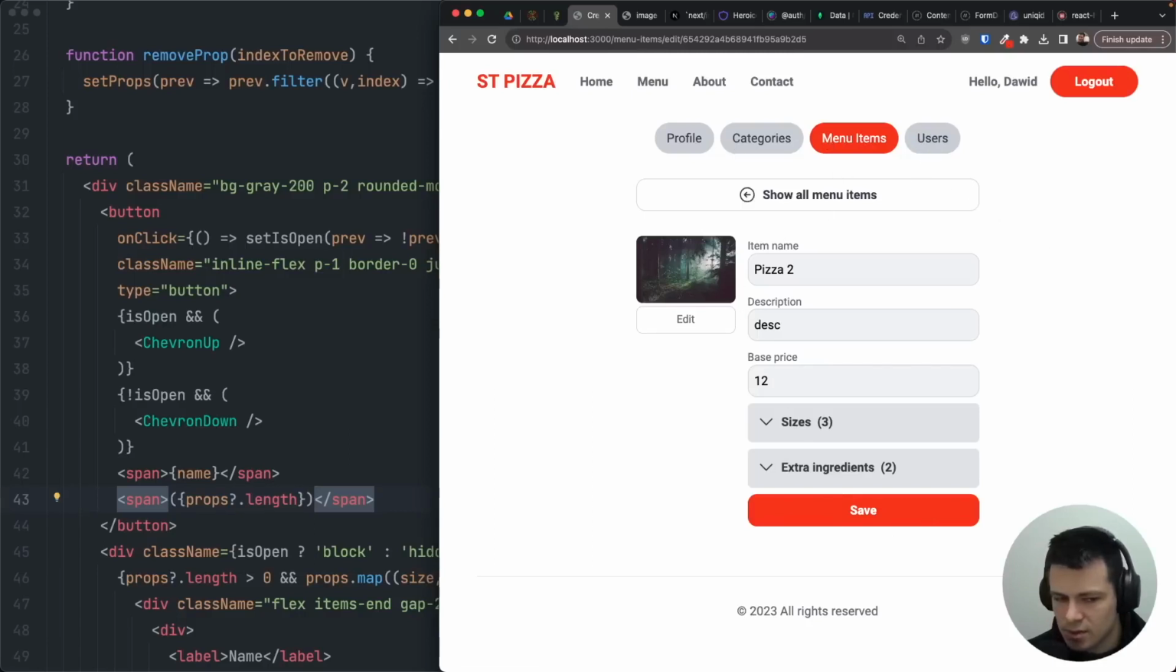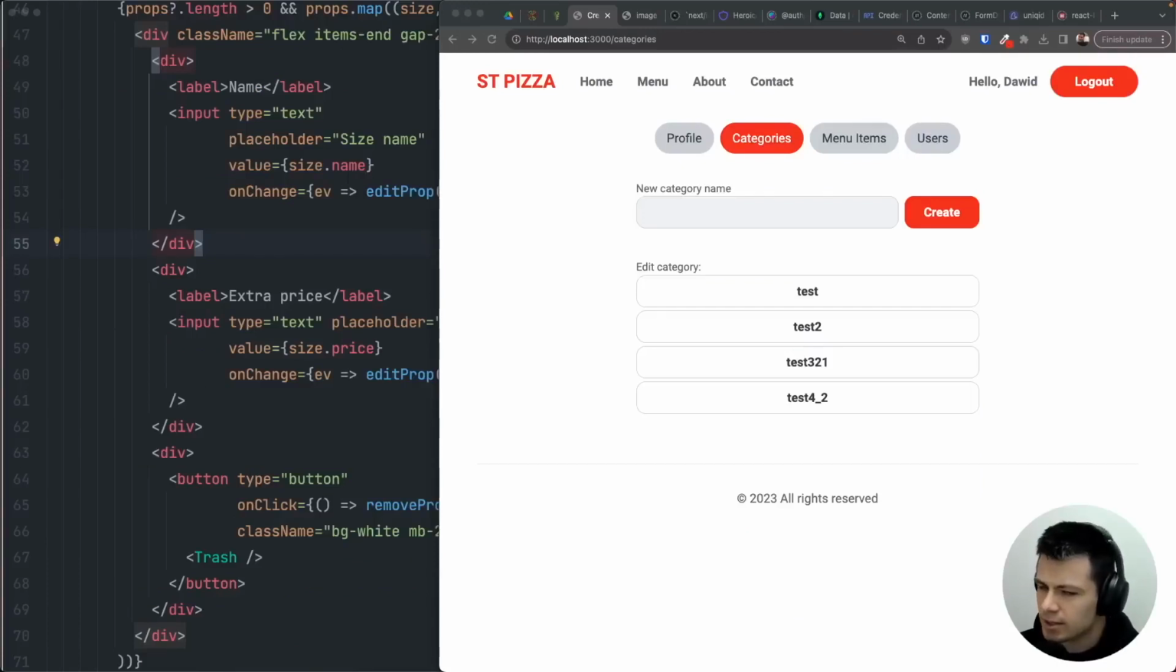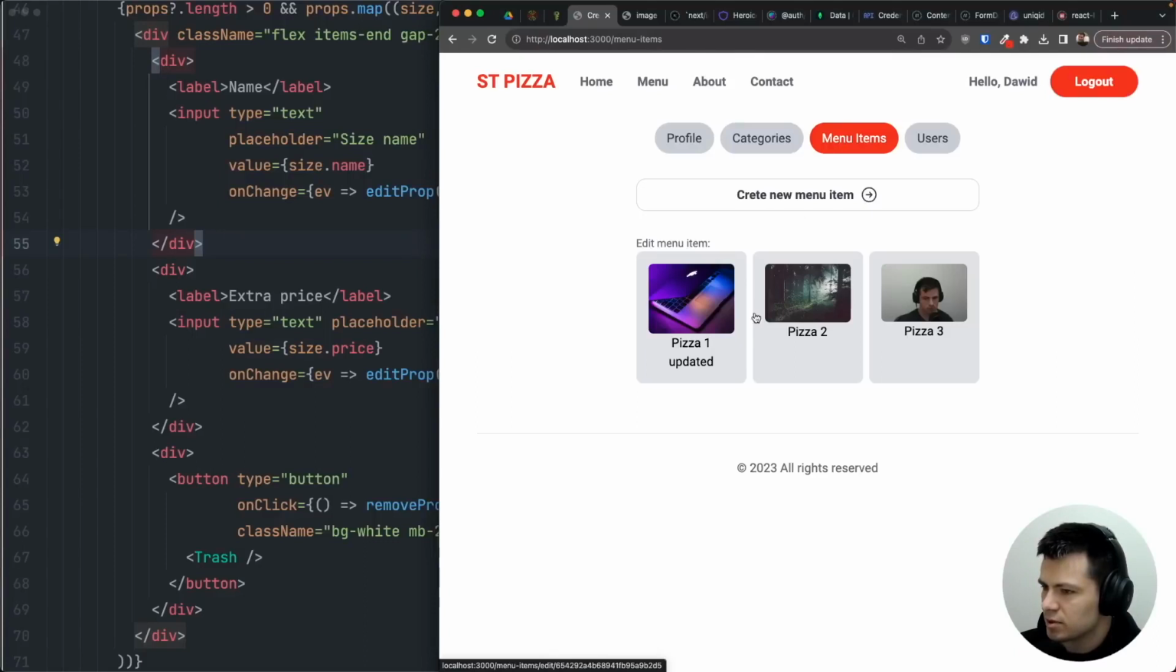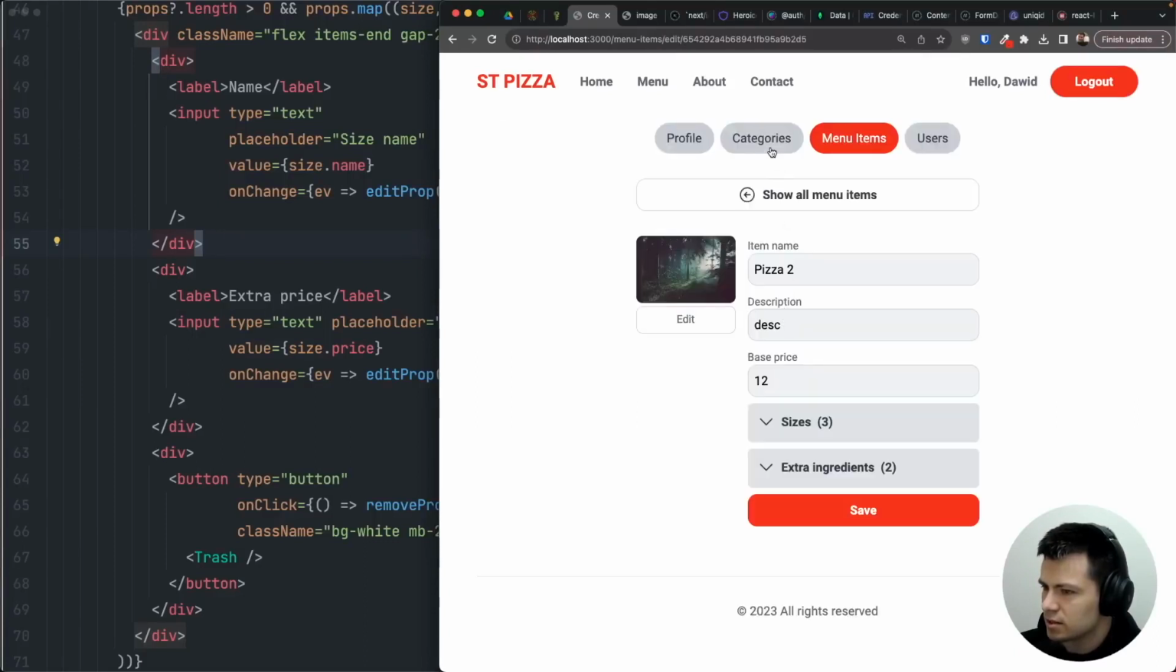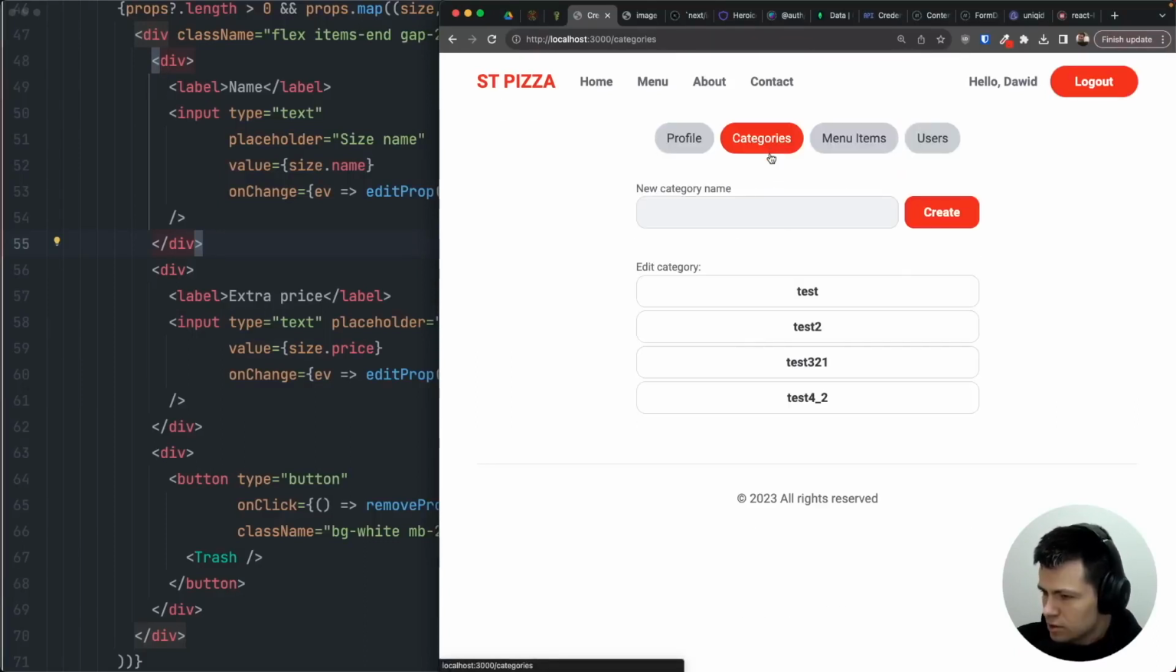All right, so now let's fix so we can actually delete categories, and we can also delete menu items. So for categories, I think we can do something like this. First, we will